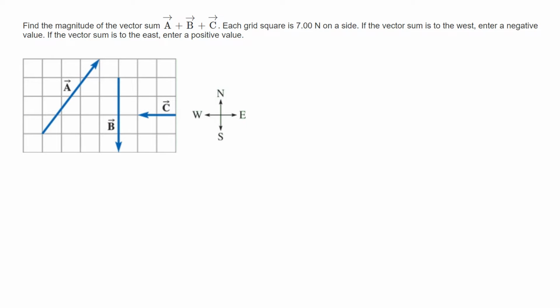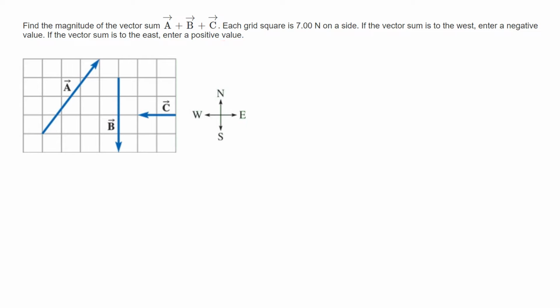Hello, so let's try this problem. This is from the addition of vectors. Find the magnitude of the vector sum A vector plus B vector plus C vector. Each grid square is 7 Newton on a side. If the vector sum is to the west, enter a negative value, and if the vector sum is to the east,